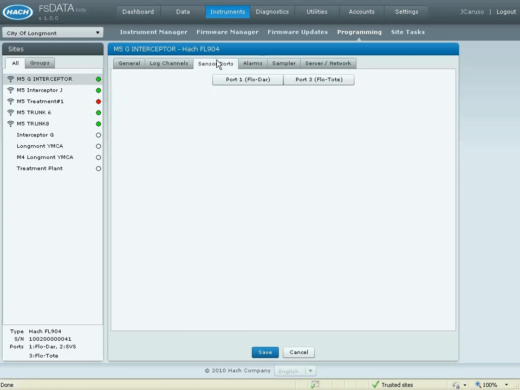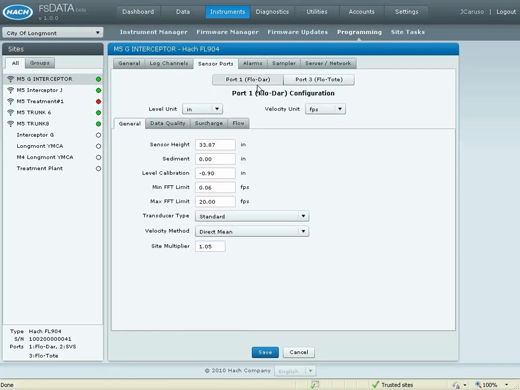Moving on, under sensor ports, this is where I can make modifications to the various sensors that are attached to those ports. So on port 1, I notice that I have a FLODAR, and I have my level units, my velocity units, and this is my FLODAR configuration. My sensor height, sediment values, level calibration, min, max FFT values, transducer type. We have standard or long range. This is for the ultrasonic transducer. We also have our velocity methods available here and a site multiplier if one is being used